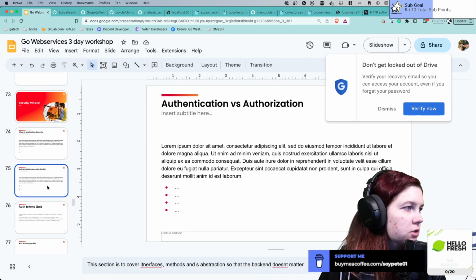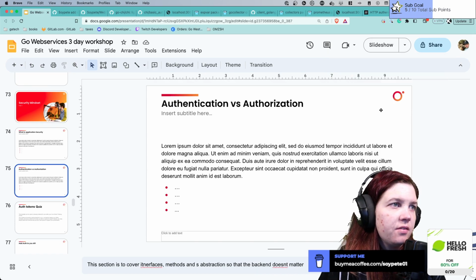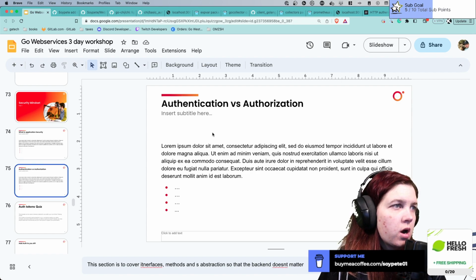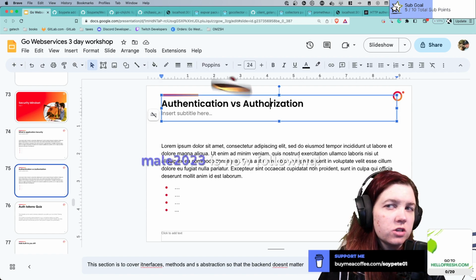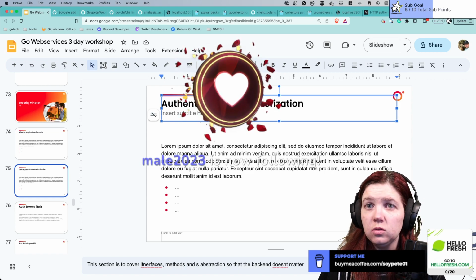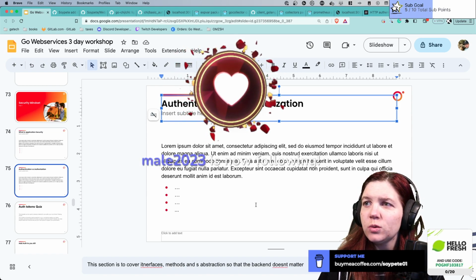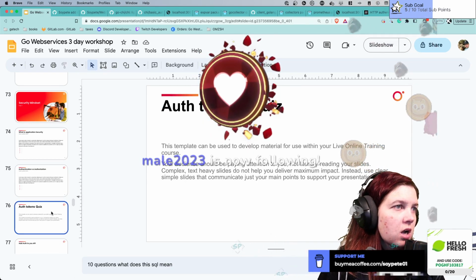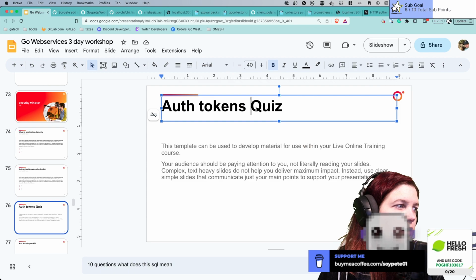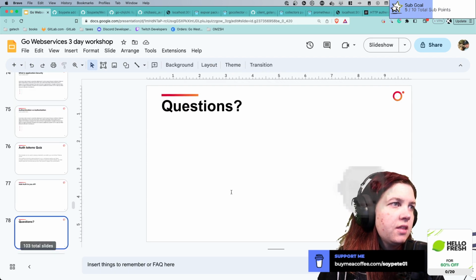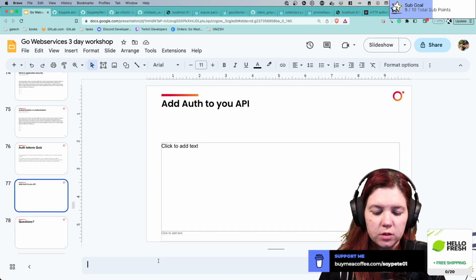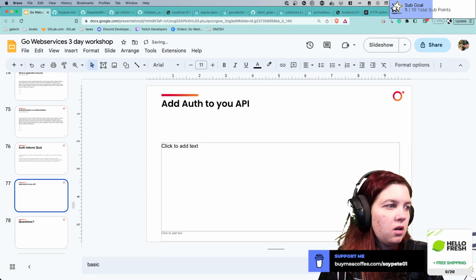So we have a whole point where I want to talk about application security. We're going to talk about the difference between authentication versus authorization. Thank you for that follow. We're going to talk about different ways of doing auth with auth tokens. And then here, let me put it here when I do notes. The example